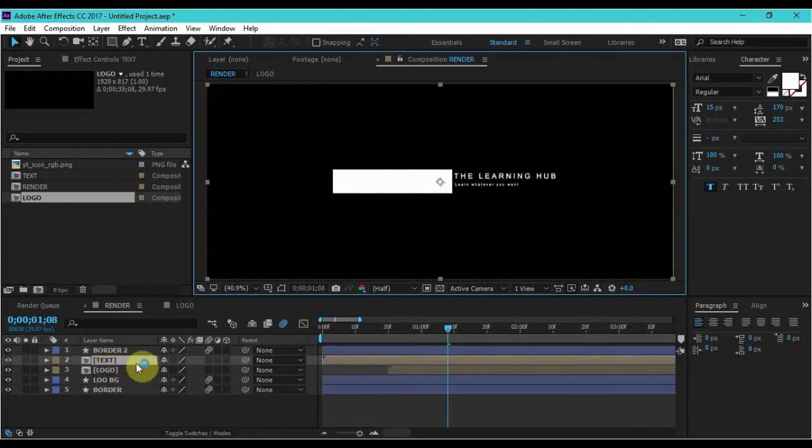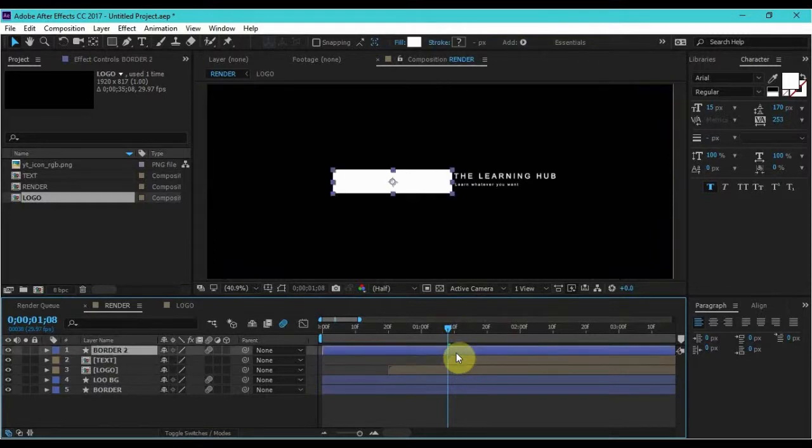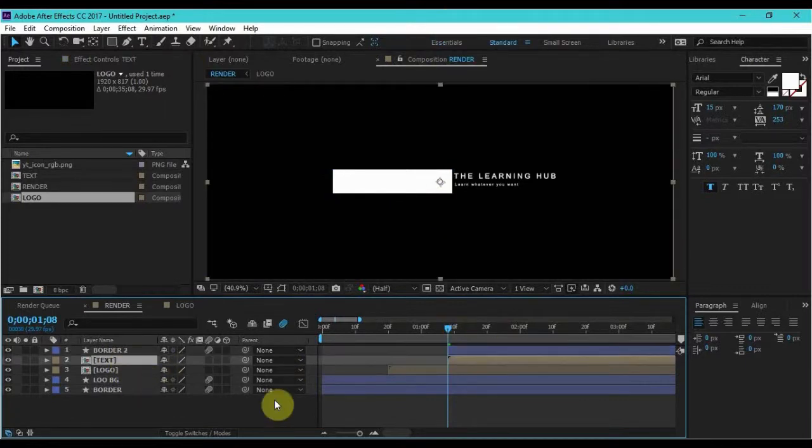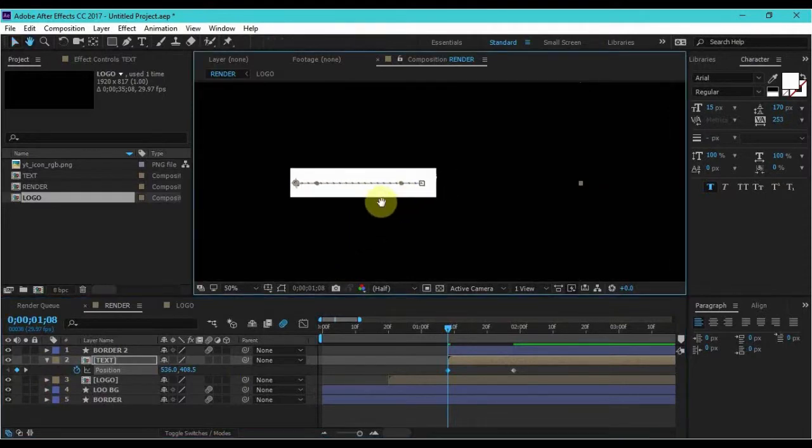Then select the text and here and here. So now what you have to do is click on the text, position, and animate the position. Go 2 steps ahead, copy the keyframe, come back, and then change the position. Okay. Then what you have to do is